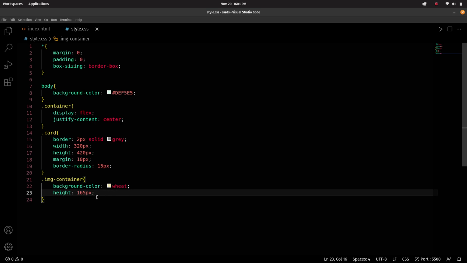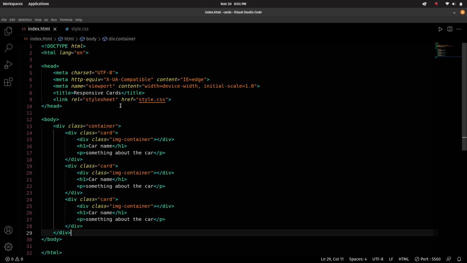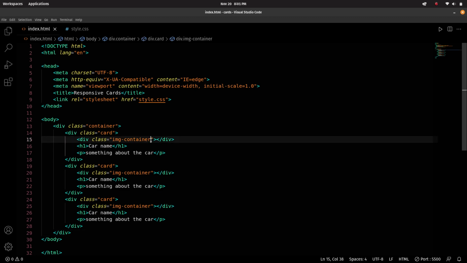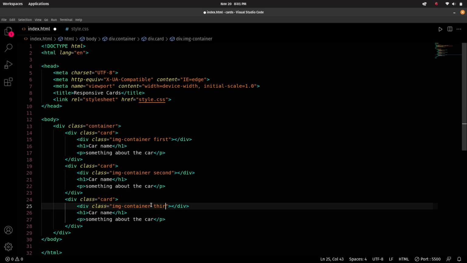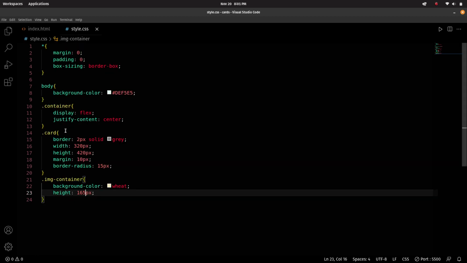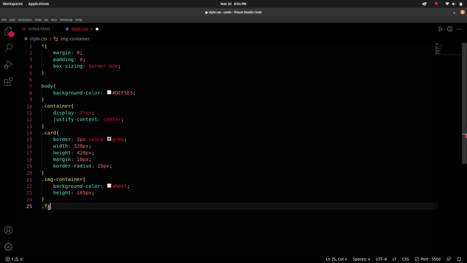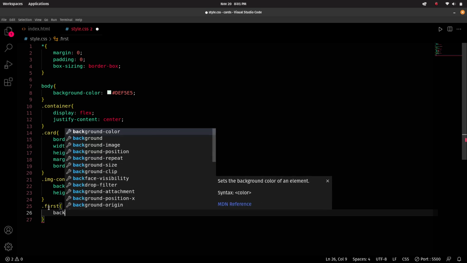So we did that, right? So we are going to add an image in each one of them. So we have to select them differently, right? Let's just add some more classes. We can say first car, first, second, and third over here. All right. Okay, nothing happens. Obviously we're gonna select the first car, dot first, and I'm gonna say background